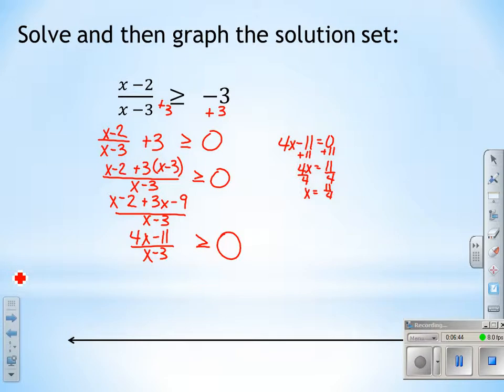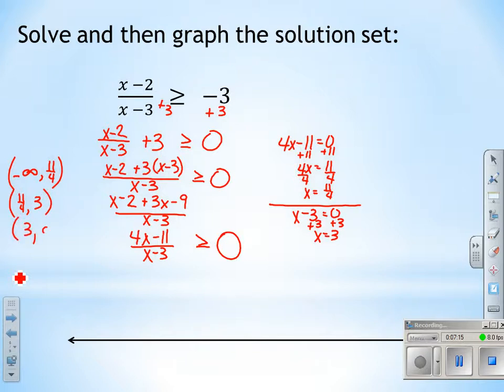So our numerator will equal 0 at 11/4. The denominator is undefined at 3. So here are our intervals. We're going to have negative infinity up through 11/4 to check, then 11/4 to 3, and 3 to infinity. Now, please go ahead and set up a table like we did on the previous slide,